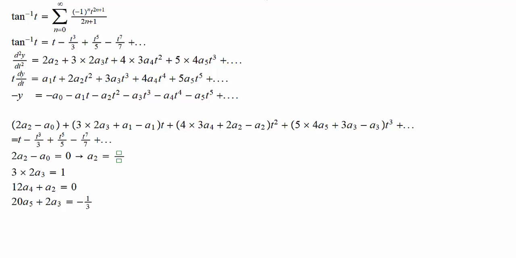So what we are having is, looks like that we will have a type of relationship between the coefficients with indices like 2 units apart, and well, a3 here is determined, fortunately. So here a3 is 1/6, okay, and then we have a sub 4 as negative 1/12 a sub 2,